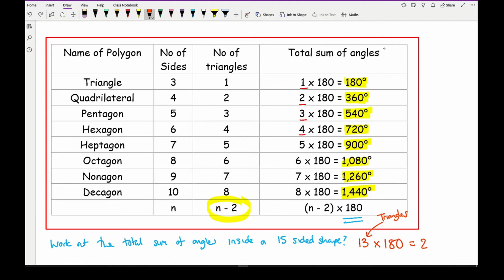So the total sum of angles is going to be 2,340 degrees. Now note that you're not actually working out the size of one angle, because obviously you know that one angle can only be between 100 and 360, but this is all the angles added together. So in this particular shape, the total sum of all 15 angles inside that 15-sided shape would come up to a total of